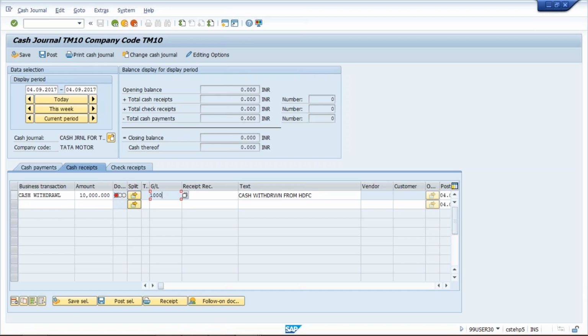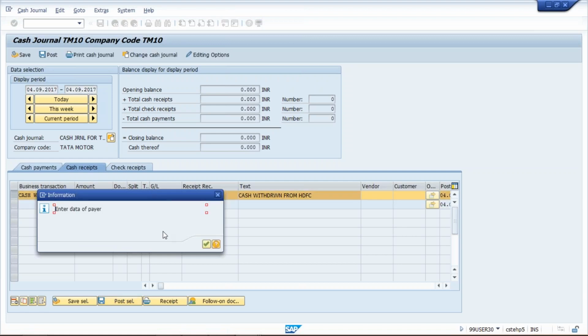So click on cash withdrawal. First of all, select this. I've selected this, and now click on post here, or anywhere you can click. Press enter. This is just an information message.